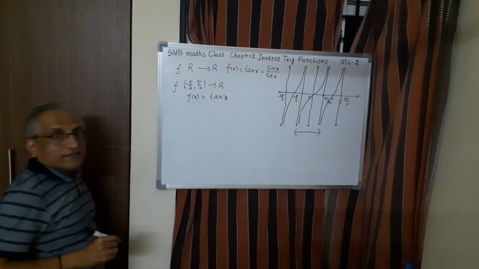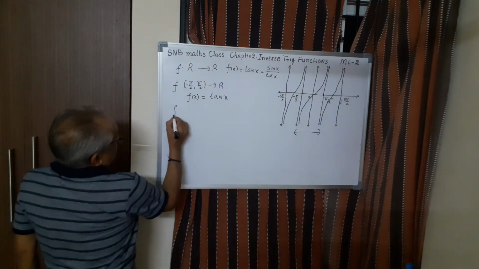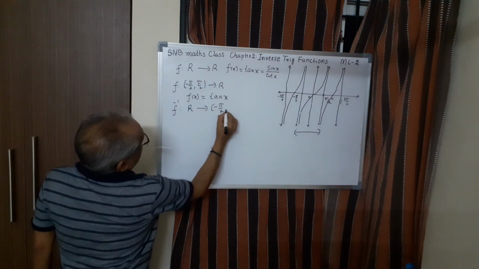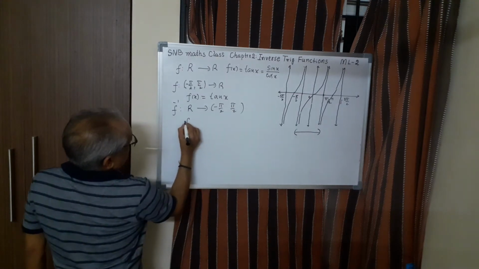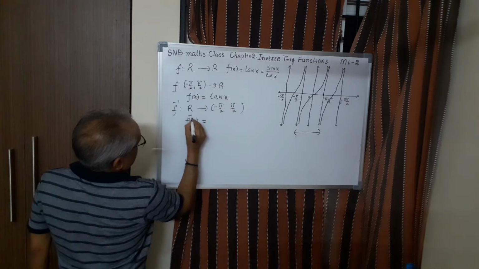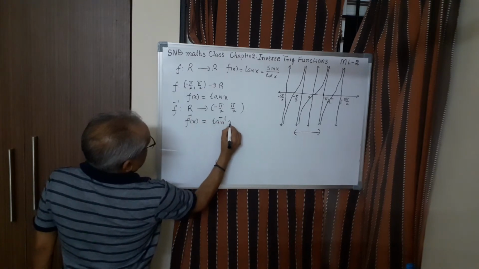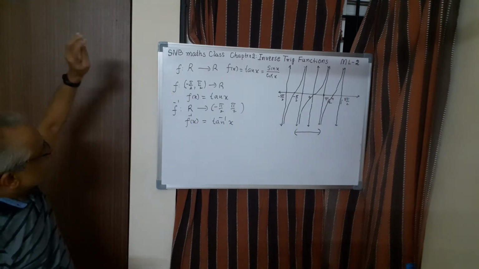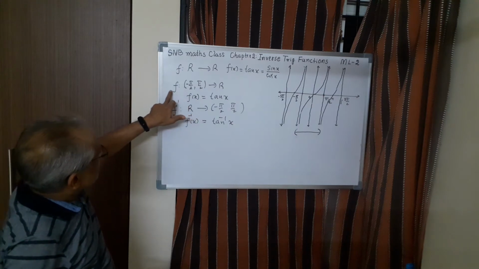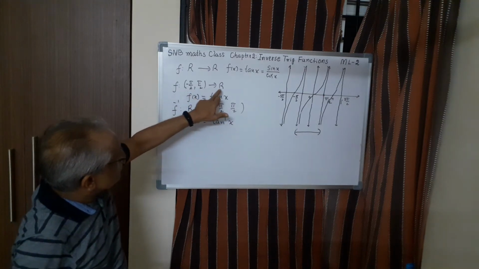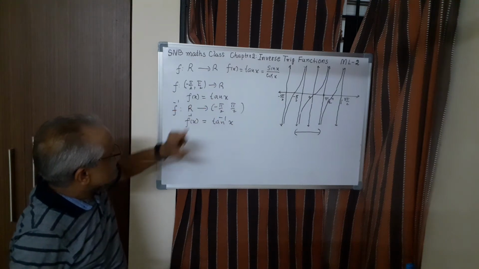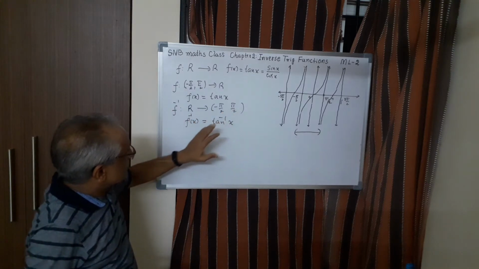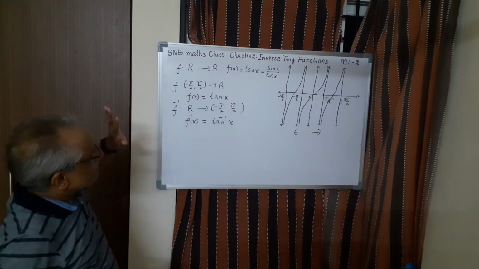If this is the function, then definitely f inverse is from R to minus pi by 2 to pi by 2. So this can be defined as f inverse x equal to tan inverse x. So this is the definition of the inverse tan function. So what you have to do is take the function f from minus pi by 2 to plus pi by 2 to R, defined by f of x equal to tan x, then reverse. So f inverse is from R to minus pi by 2 to pi by 2, f inverse x equal to tan inverse x. So this is the definition.